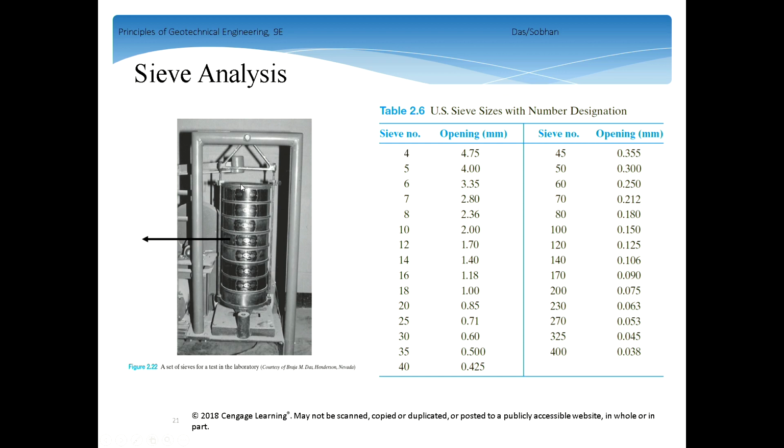And you put 1 kilogram of soil into the top sieve, and then do the shaking. You don't have to shake yourself. You have this kind of machine. You just start it, and it shakes. The sieving usually lasts for 15 minutes. After the sieving, you stop it, and then